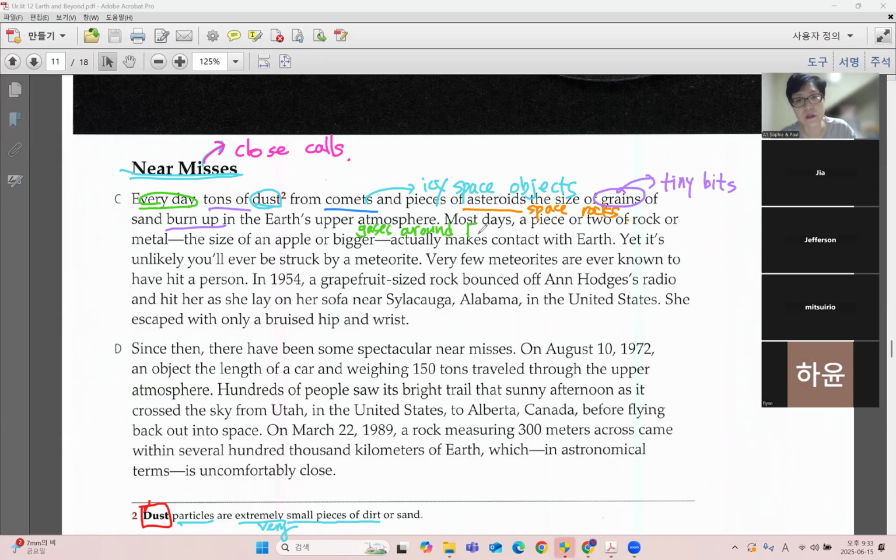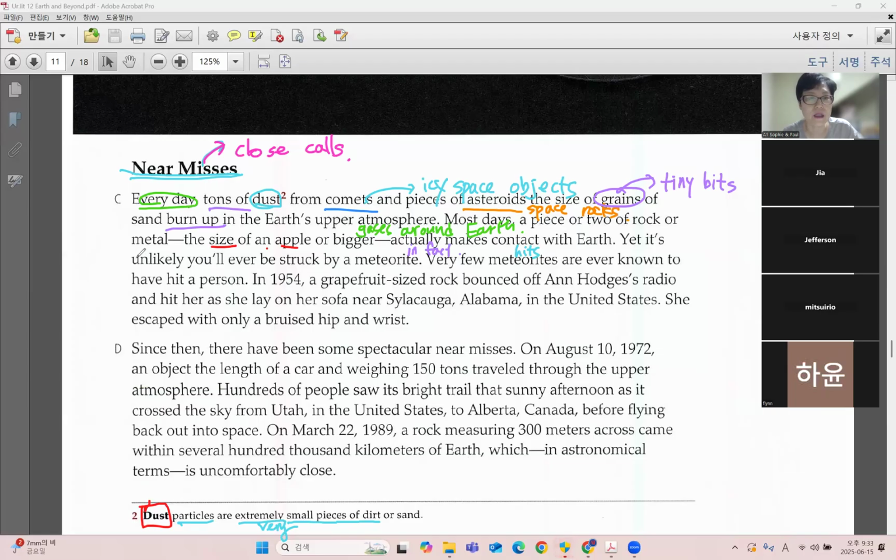Around what? Earth. Okay. And here, most days, what is a piece of a rock or metal the size of an apple or bigger. So, you know, when we see these kinds of things, we can understand better. So actually means we did it. Actually means in fact. Makes contact with what? Earth. What is the contact? It means, what is it? Here in this context it means like a touch, hits,